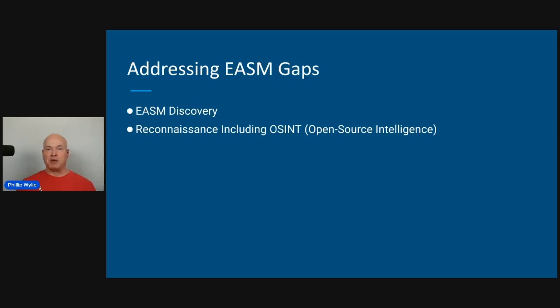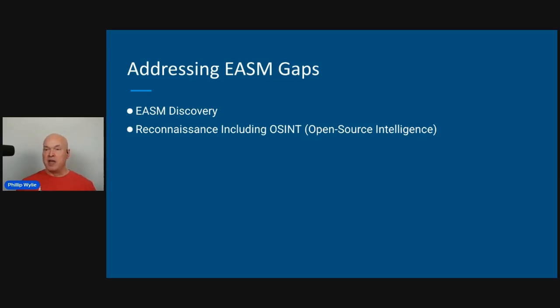This was a chemical company, and through the login banner on an FTP server, I was able to find this asset that otherwise wasn't in any of the IP blocks. It was at a data center or a manufacturing facility somewhere outside of their normal IP range. So through reconnaissance, I was able to find that. Through reconnaissance, you can find other things too.